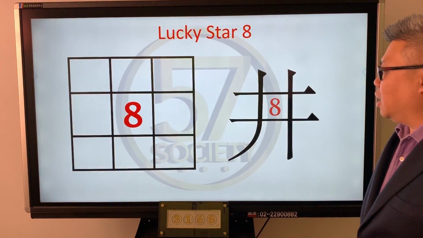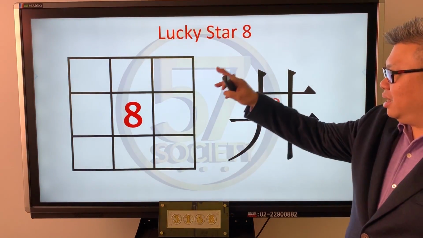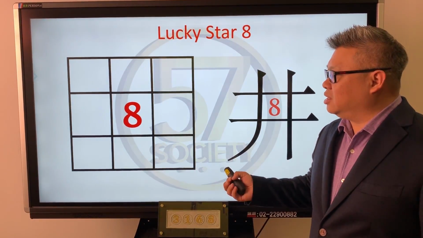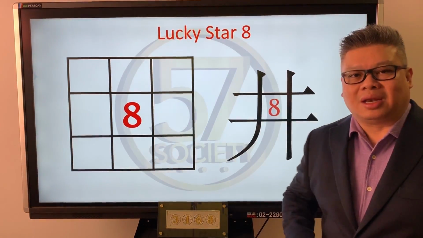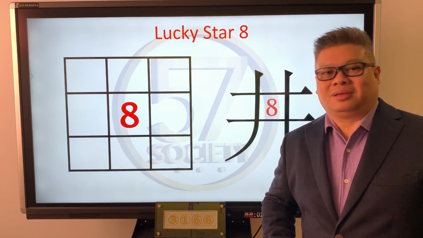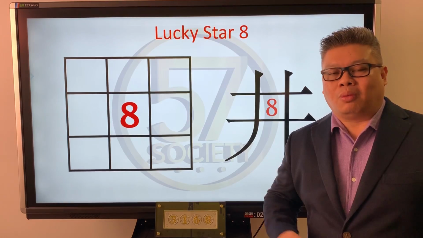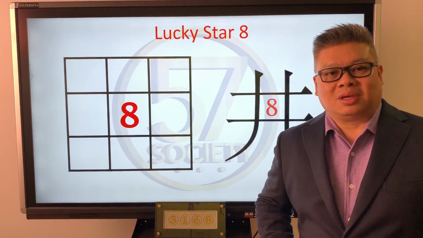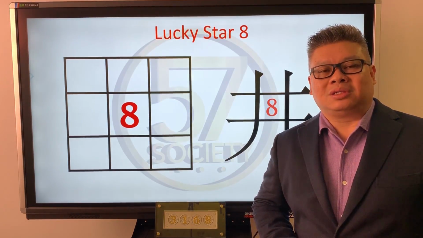For Auspicious 8, very simple, very direct. When you look at the 9 quadrant, you'll see that what is in the center is number 8. So I titled this the lucky star number 8. The lucky star number 8 is basically about fortune and wealth, and how to accumulate wealth. Why is this 8 so special compared to the previous years? Like I said, this is a very unique, very powerful calendaring system.